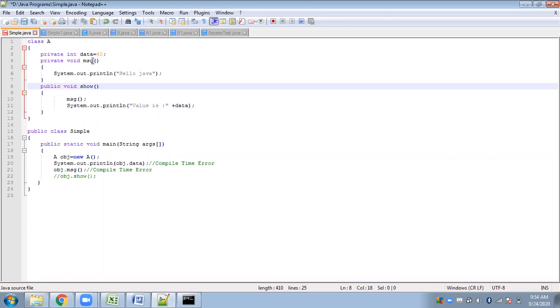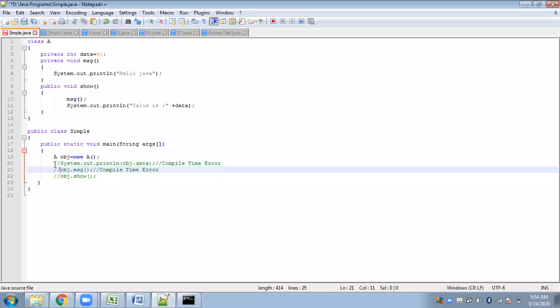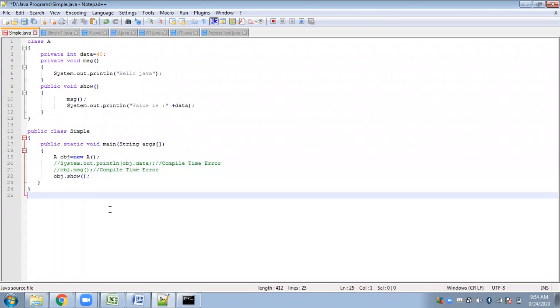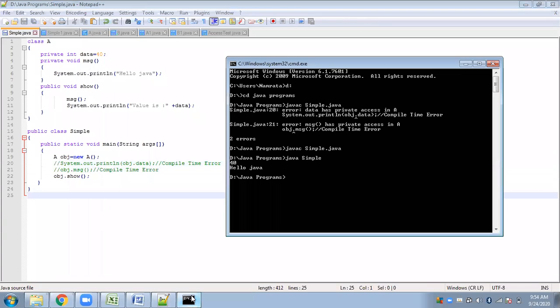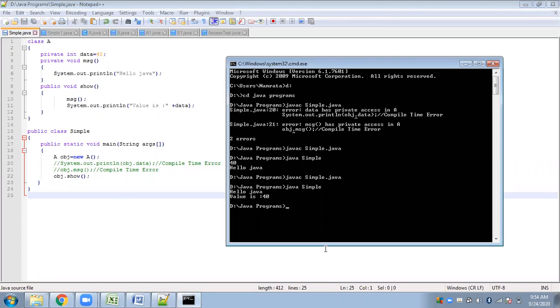We have declared one method which directly accesses this information, and we simply call that method from the main function of the second class. Now we see, hello Java, value is 40. Is it clear? Have you understood this?